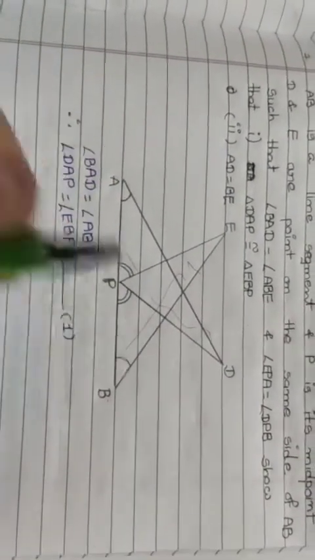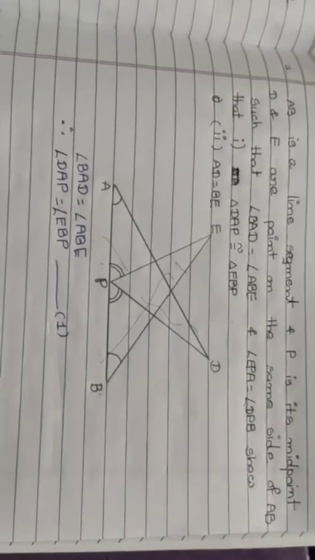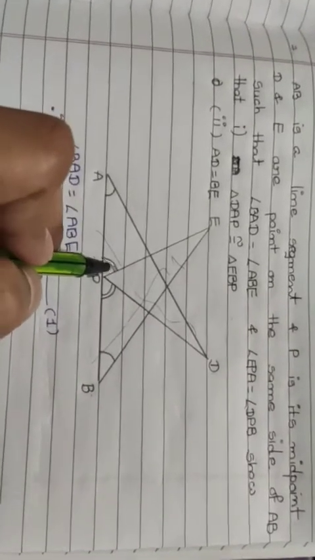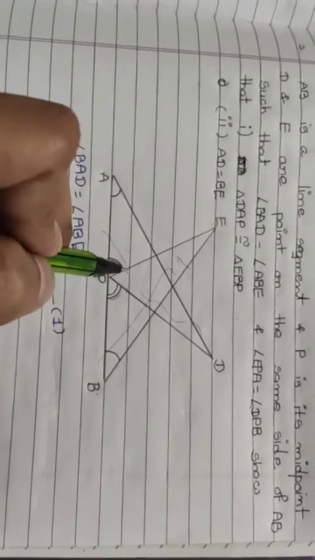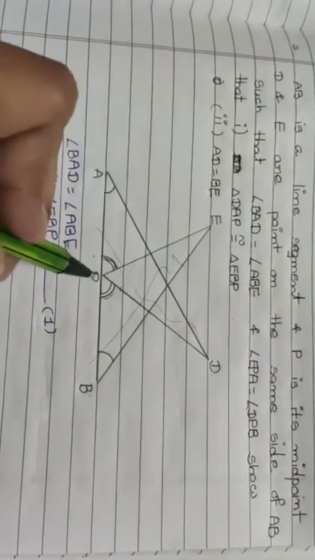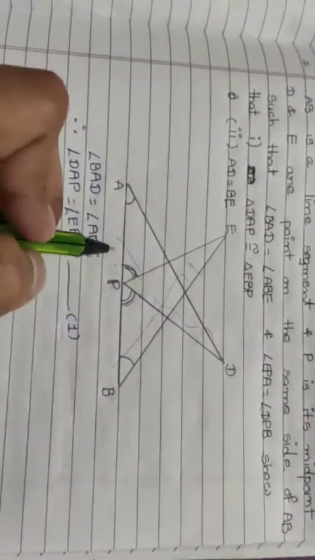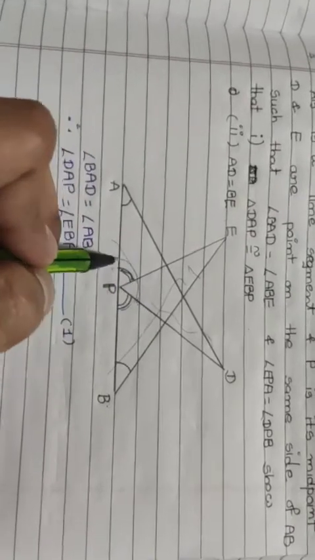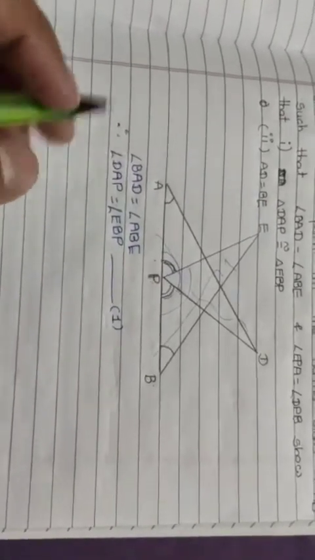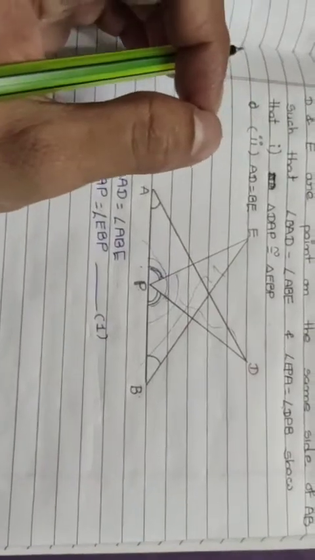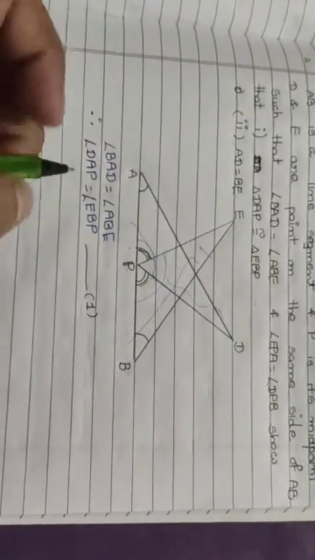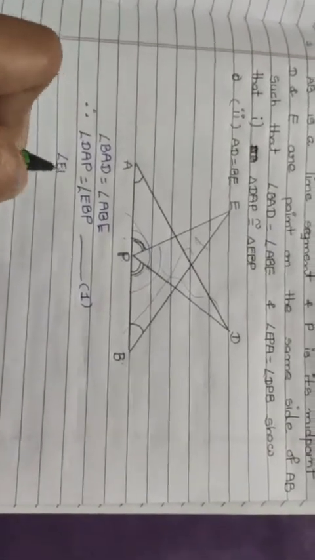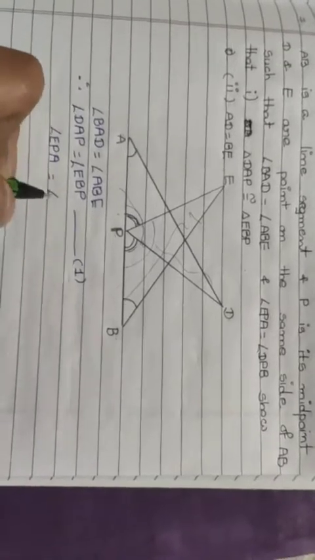So one angle is common between these two, right? But one problem is there. This angle is congruent to this, but it is not a full triangle angle, and it is also the same. But if we add EPD to both angles, it will become a full angle, right? If you don't have the idea, I will draw in the figure so you can get a better idea. Now it is EPA is equal to DPB. See carefully the figure.